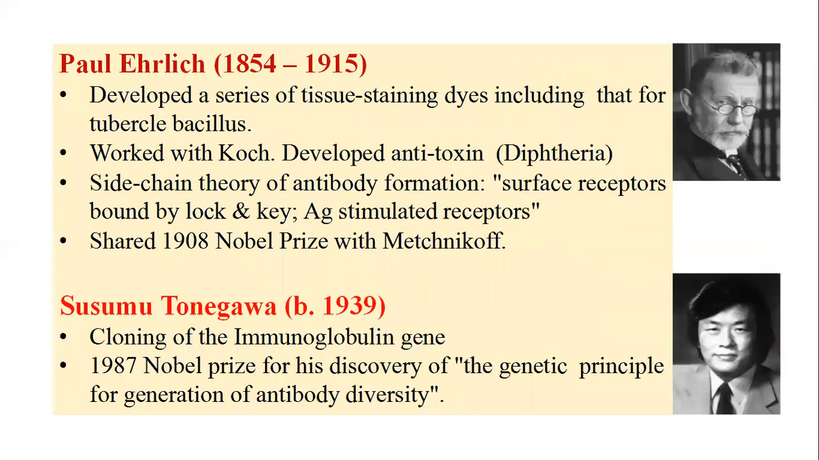So one of the pioneers of immunology is Paul Ehrlich. He developed a series of tissue staining dyes, including that for tubercle bacilli. He worked with Robert Koch and developed antitoxin, diphtheria toxin, and his side chain theory of antibody production and antibody formation,